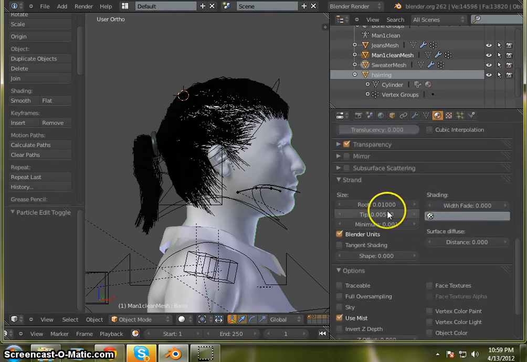But that's because we've got really, really thin hair here. It's pretty thin at the root and really, really thin at the tip. But we actually want to make this thinner at the tip. And still, well, I think we might go down a little bit at the root, but for now,